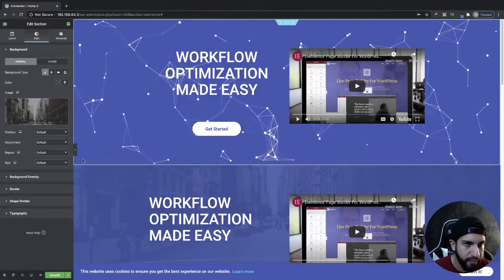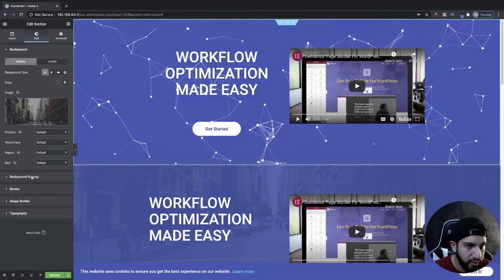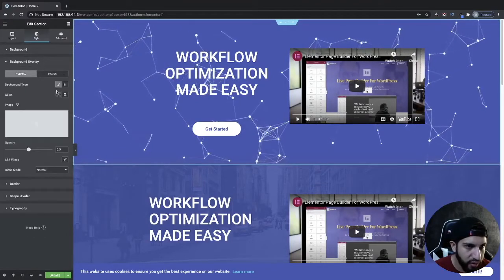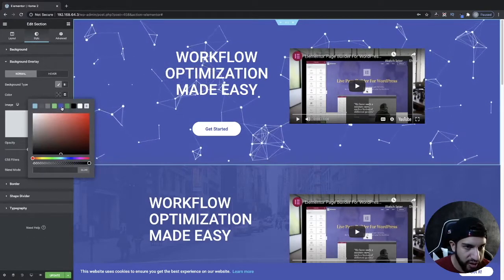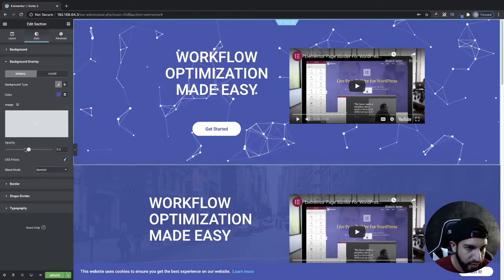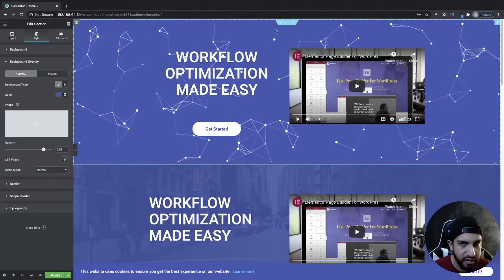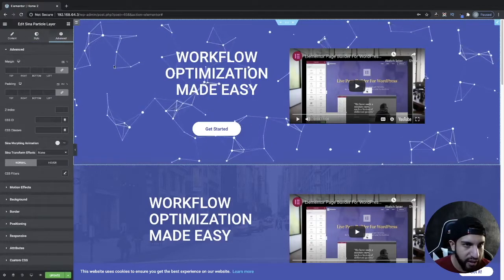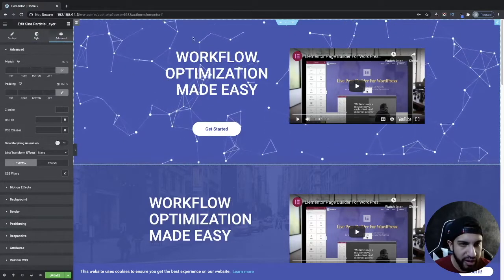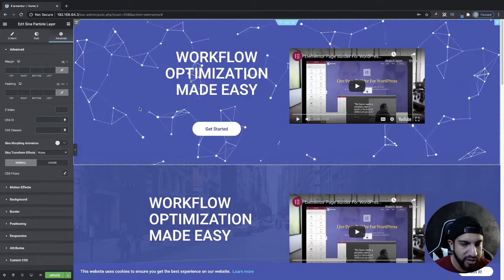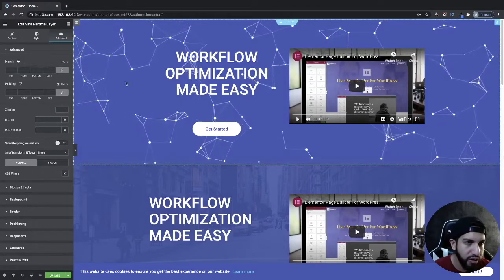There we go. And then we'll go ahead and add an overlay. Don't worry, we'll adjust that right now. I know that you can't see it yet. And then we'll add the opacity about that size. And then basically, the reason why we can't see it is because it still has a color background that we added before. So click on your